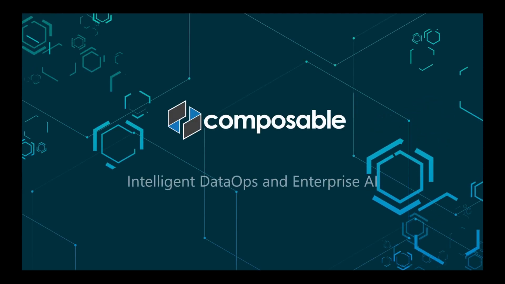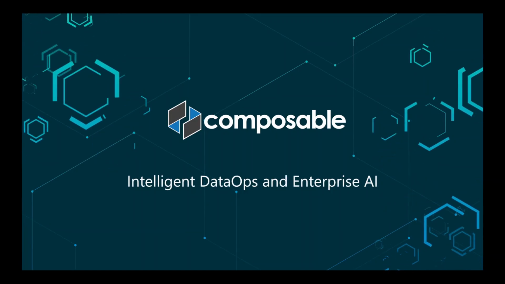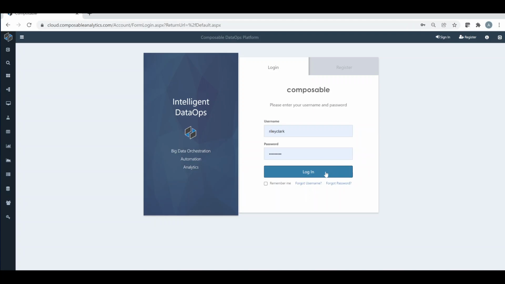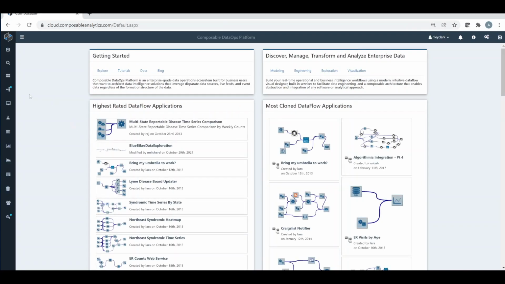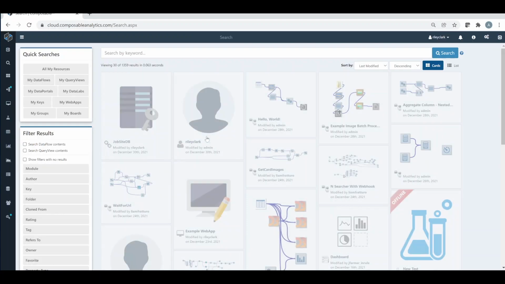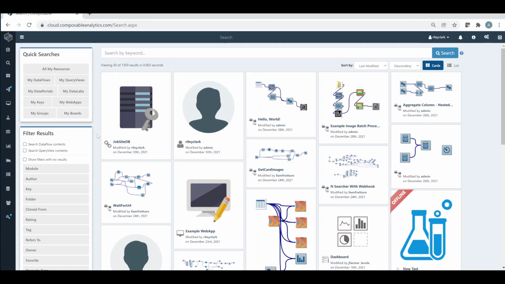In this video, we'll start with an introduction to data flows and learn how to create and author a new data flow. First, we will log into the Composable DataOps Platform, and as mentioned previously, a good place to start is on the search page. You can get to the search page by clicking on Explore All Resources, and here you will see all the